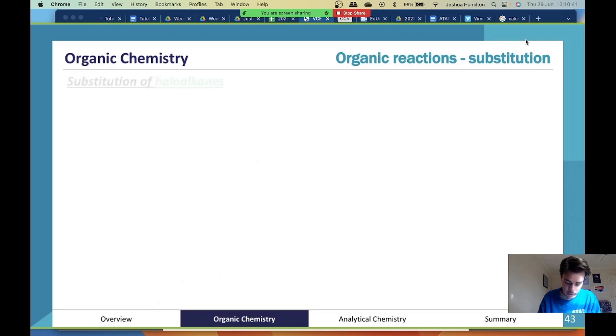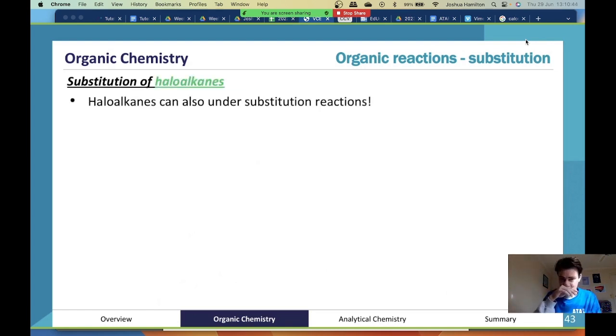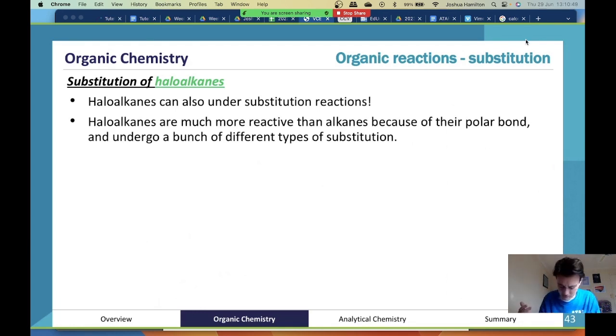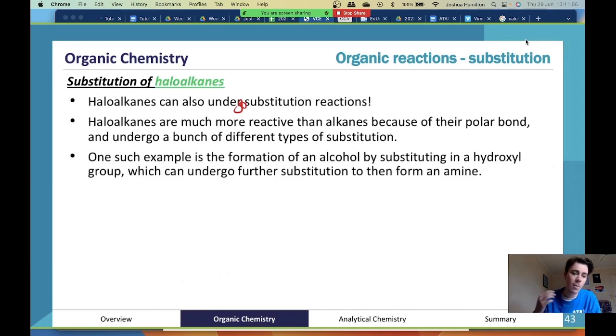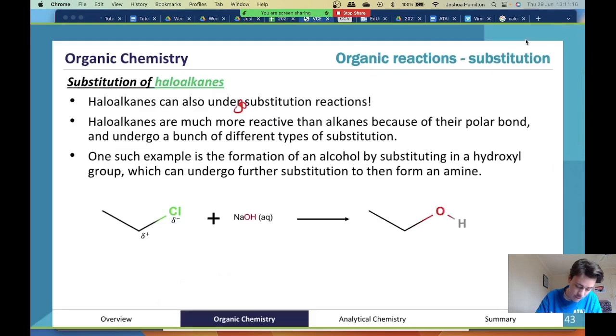So, moving through, substitution of haloalkanes. I was going to put this under substitution reactions. Haloalkanes are much more reactive than alkanes. I think I was going to say "can also undergo"; I do apologize, that was my poor typing. Because of the polar bond, haloalkanes undergo a bunch of different types of substitutions. One such example is the formation of an alcohol by substituting in a hydroxyl group, which can undergo further substitution to form an amine. As you can see here, the chlorine comes off,